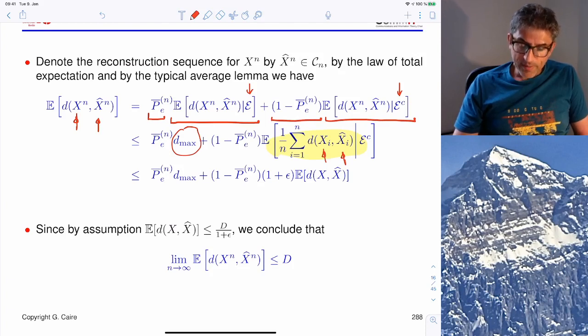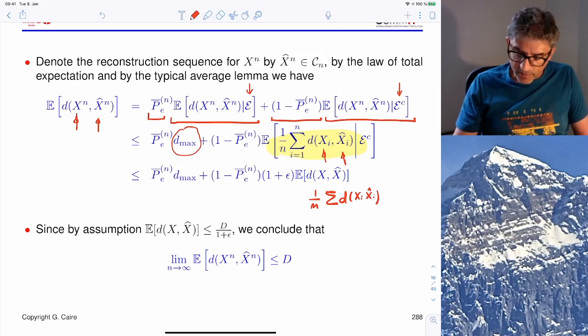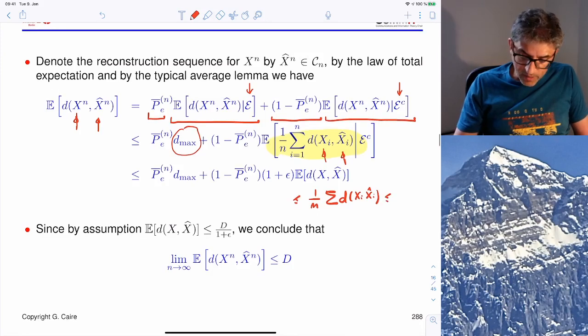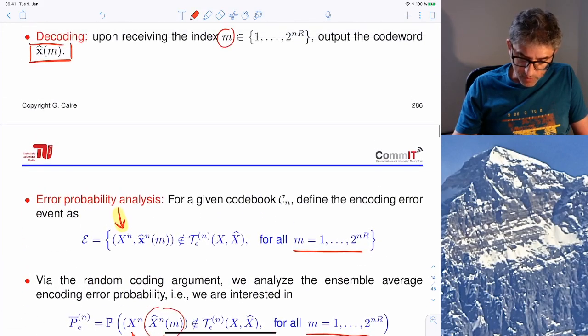Well, we know by the typical average lemma that this 1 over n sum of d(xi, xi hat), because the sequences x and x hat are jointly typical, is always in between 1 minus epsilon times the true mean and